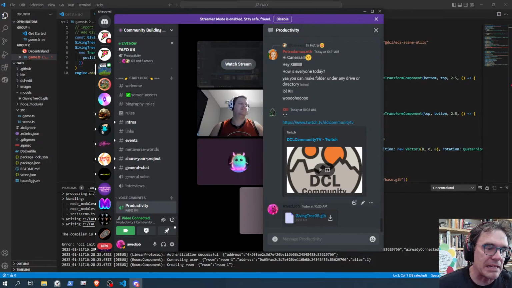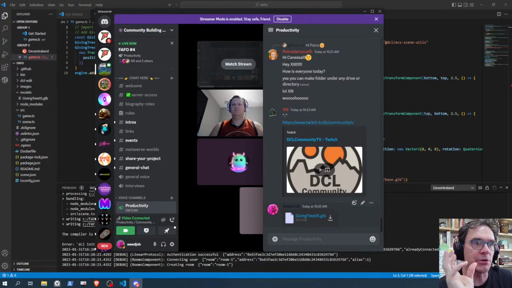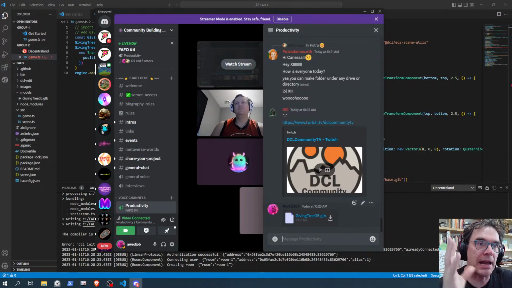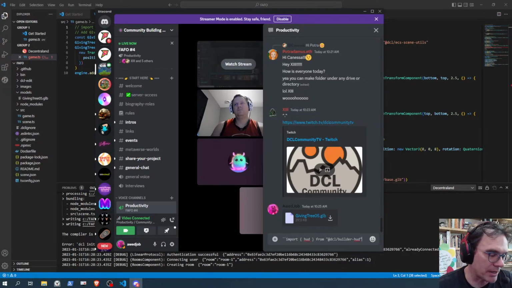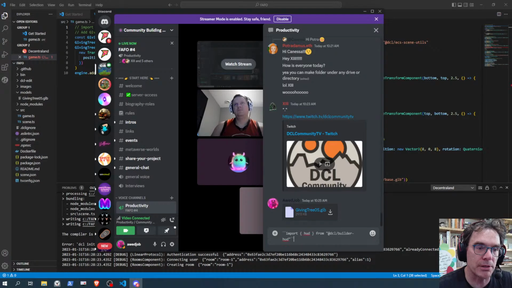So here, if you want to enter code and actually have people be able to grab it without Discord interpreting any of the forward slashes or brackets as part of its markup, what you want to do is do three of those tick marks. Then I'm going to paste the code in, and then do three more tick marks.